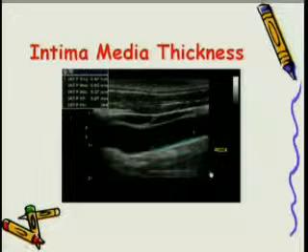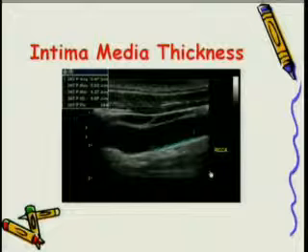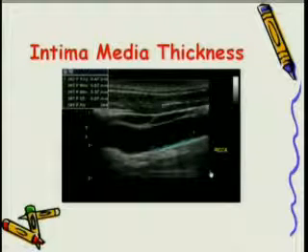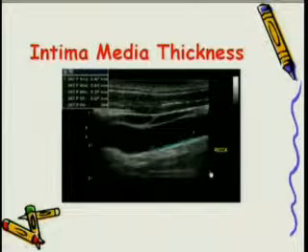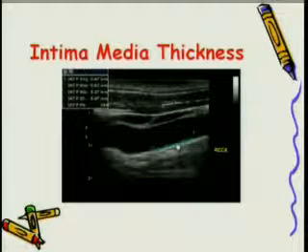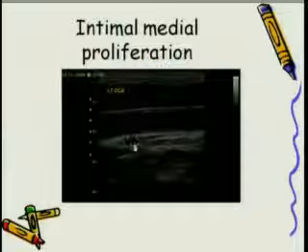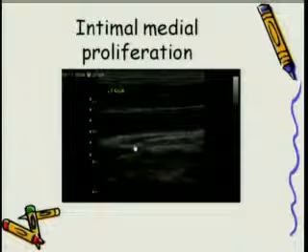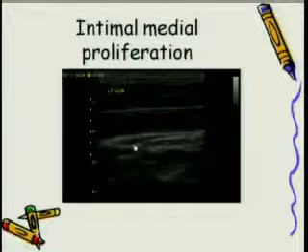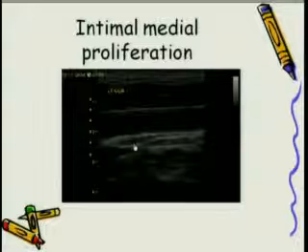Another most important parameter which we evaluate in today's practice, apart from looking at a cardioembolic stroke, is looking at the intimal medial thickness. This subset is very important in a country like ours, where obesity and, on top of that, diabetes is rampant. I see almost one-fourth or one-fifth of persons suffering from diabetes as of today. Looking at this intimal medial thickness just before the bifurcation of the common carotid artery helps in looking at whether people are suffering from endothelial dysfunction or have already developed an increased intimal medial thickness.